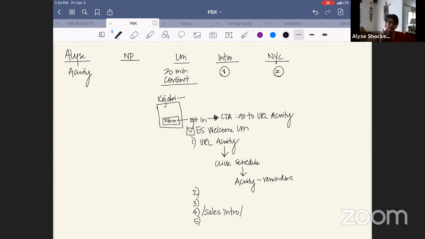So I'm trying to, as you're talking about that, figure out in my mind when I have them fill out that form, then where would I, so under my form for when they opt in for that particular 20-minute consult, am I doing an automation that says when they fill out the form, then put them on the email sequence welcome lead magnet?